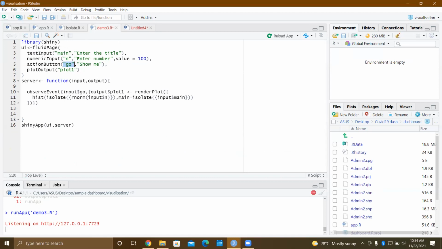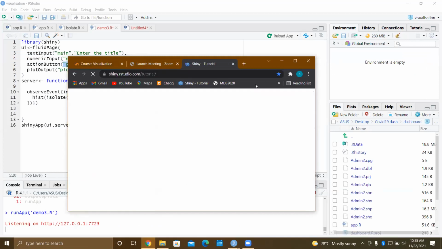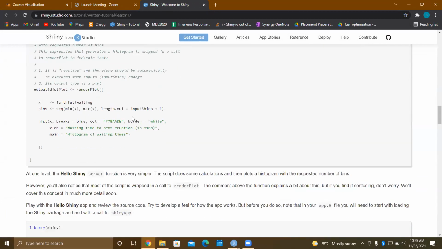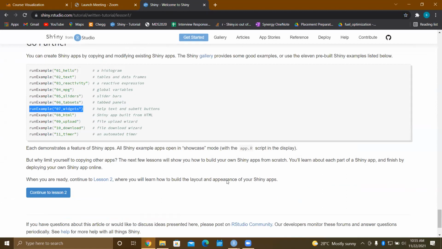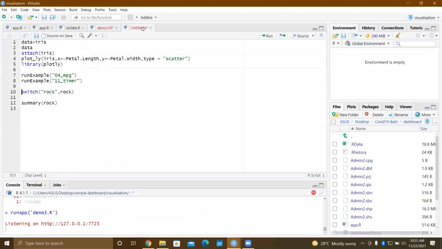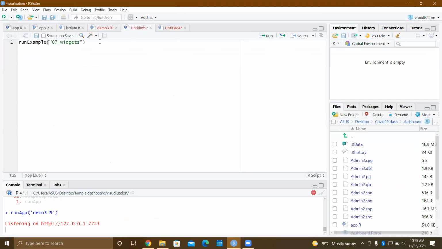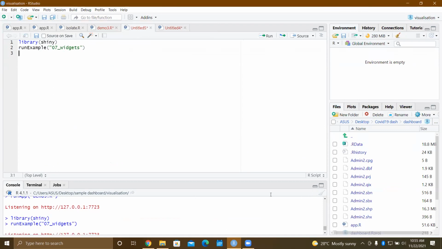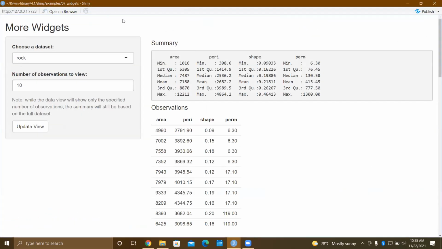Let's try that. This is a dashboard which takes a data set.